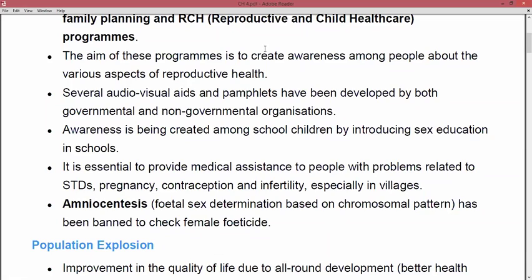Initially, in the previous time, people were undergoing amniocentesis to know whether the baby was a girl, and then they were killing those female fetuses, right? So the government banned it, and they introduced a law so that doctors as well as hospitals should not undergo the sex determination process, that is amniocentesis, right? So this is the basic of this chapter, and all these things we are going to study in detail in